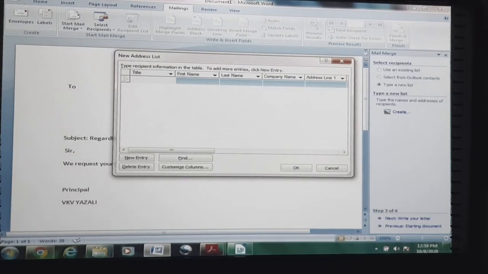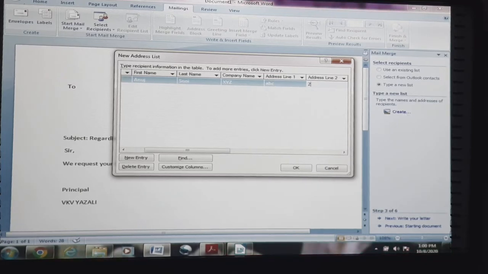Suppose title Mr. Anuj Soni. Then company name XYZ. Address ABC 234A.